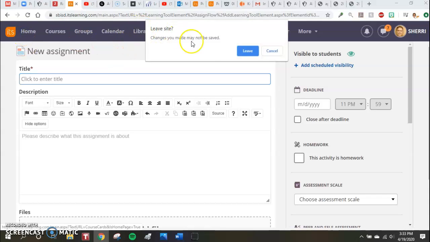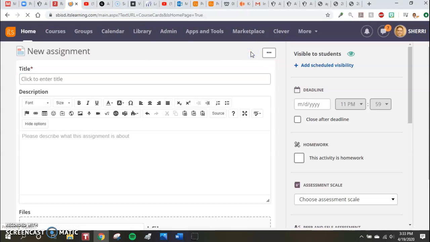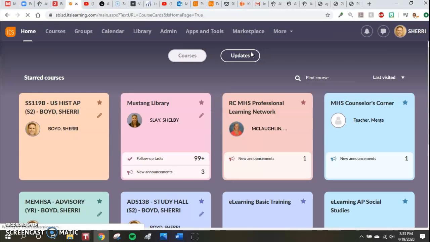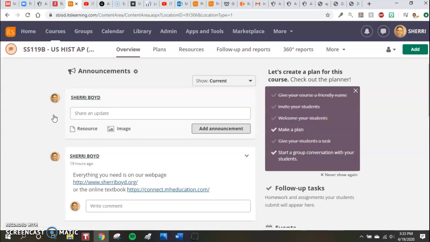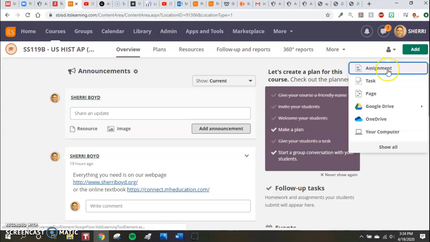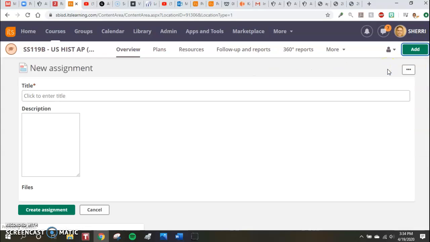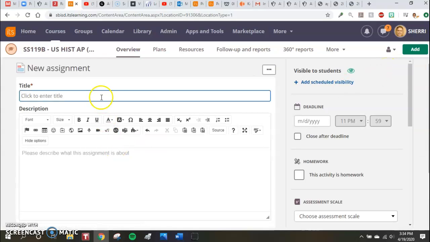If you go to It's Learning Home, and I thought I already had it there, sorry. Click on our course. Once it opens, you go to the far side, the right, and click Add Assignment. When that opens,